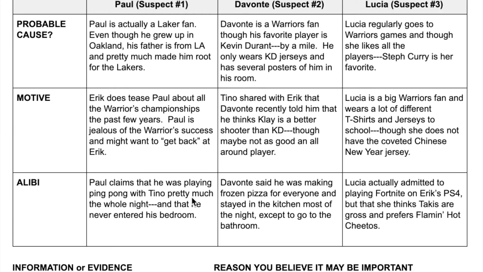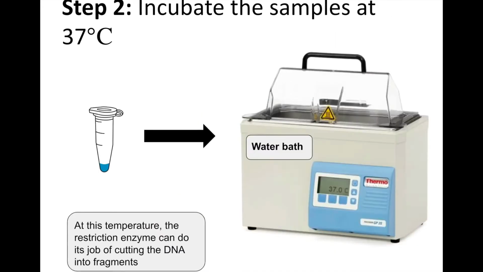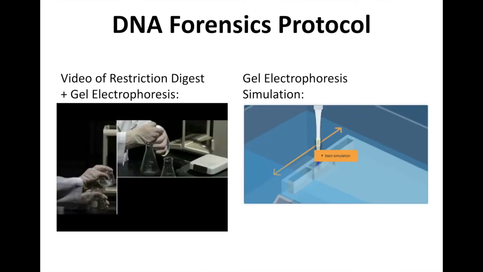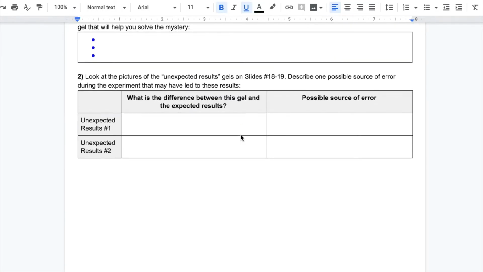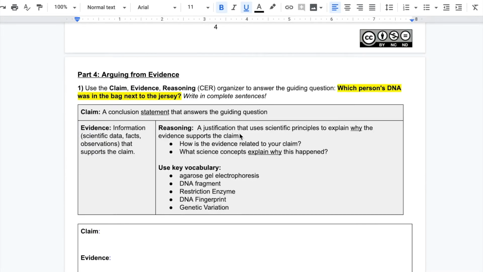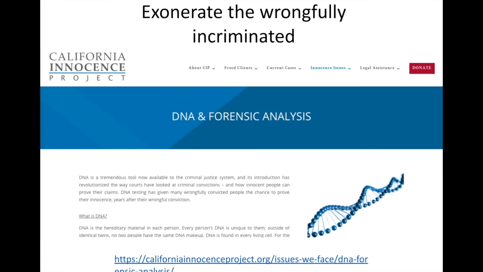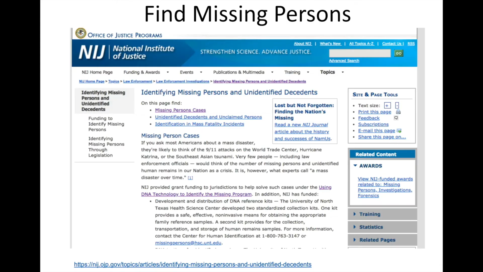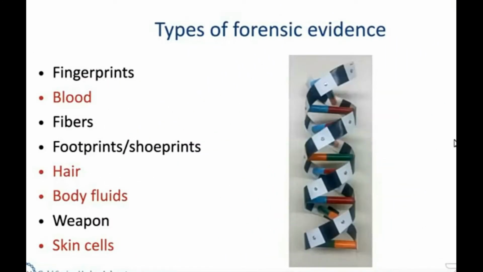Next, students review the case of the missing basketball jersey, then walk through the steps with some short videos showing how they might do the forensic investigation. For this case, students then review and analyze the DNA evidence produced. Lastly, students write a claim, evidence and reasoning to support their conclusion about the missing jersey. They can do some additional reading on the scientific background involved in DNA forensics.